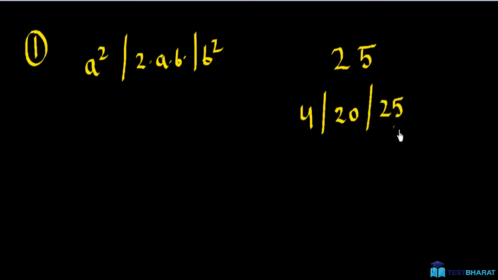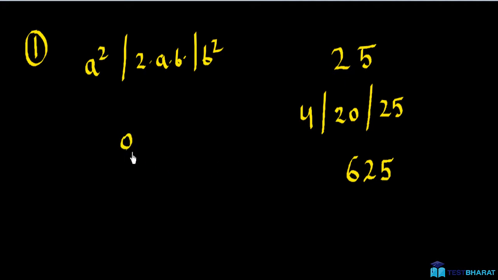Now I'll just add it up in a fashion so that this digit will be carried forward. So I'll write only one digit here and this 2 will be carried forward, here as 22. So I'll write 2 here and 2 from 22 will be carried forward here, and this will become 6. So 625 is the answer.